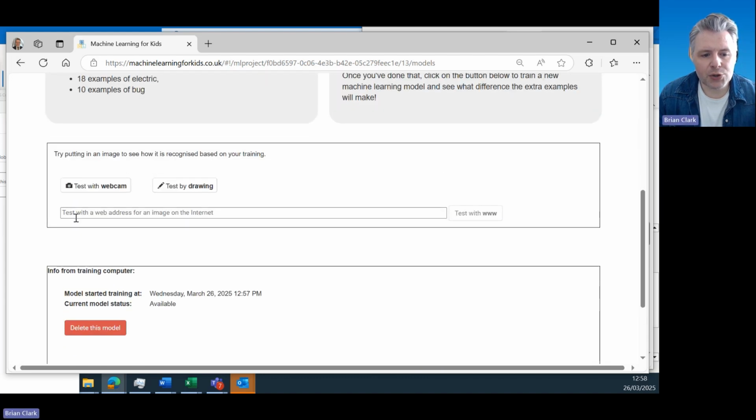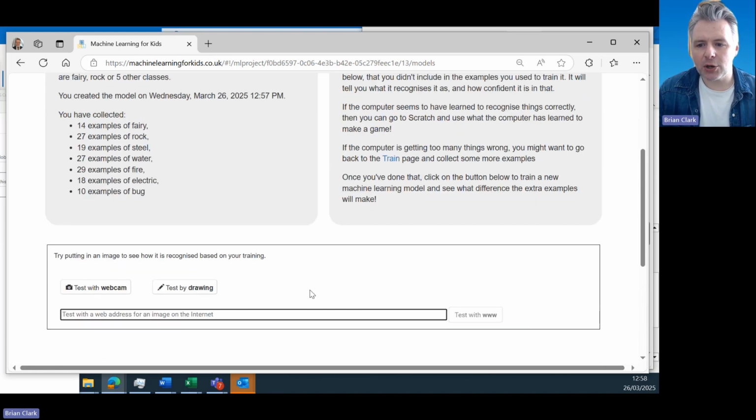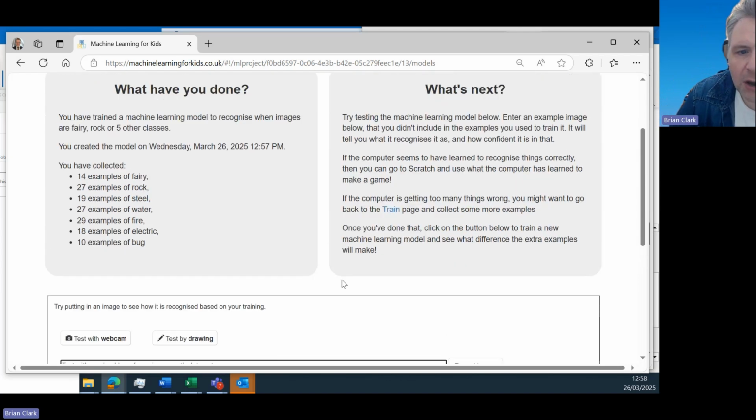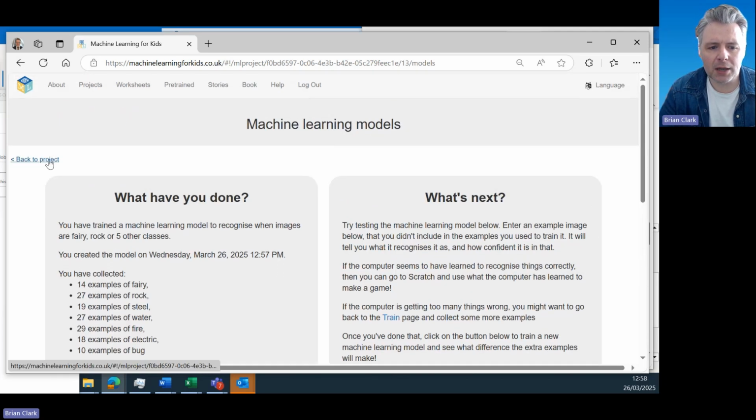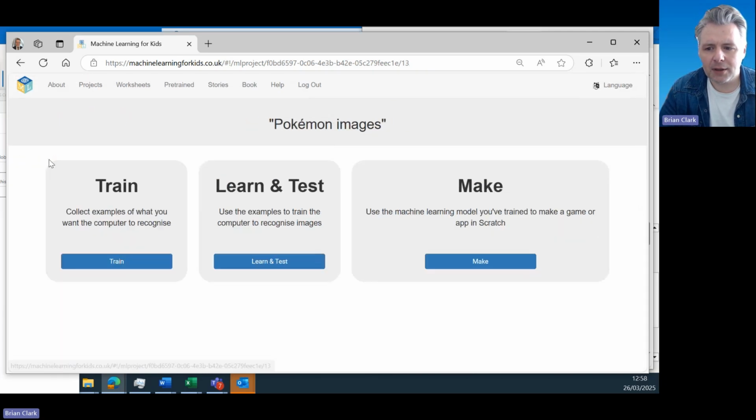And that's it done. So I can now test again with some more pictures, but I'm going to just leave the testing bit just now and let's get on to the scratch bit. So once you're happy or happy enough that you've got enough of your Pokemon and it's given you pretty much what you expect the answers to be, you can go back to the project after you've trained it and press